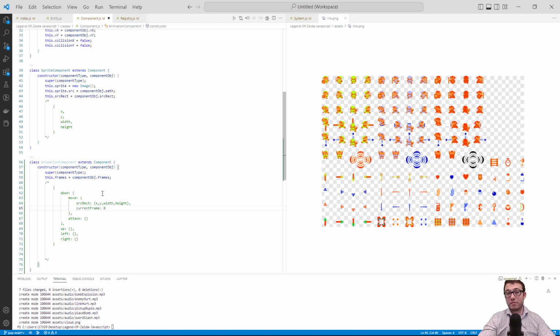So every animation is going to start at the very first frame. The number of frames in the animation is going to be 2 for Link running up and down. It's very simple. He just moves his feet one after the other, so that's easy. The frame speed rate, so we're going to see how this is used in a little bit. This is going to be used to determine the number of frames that we show per second. And then we have the start time,